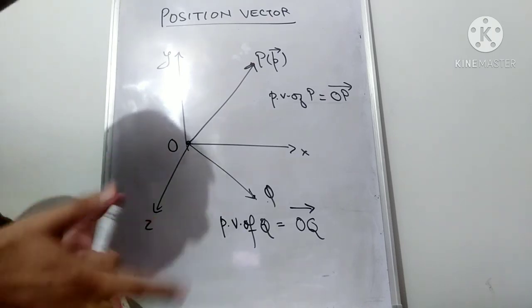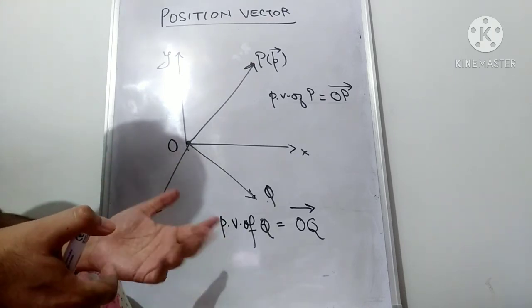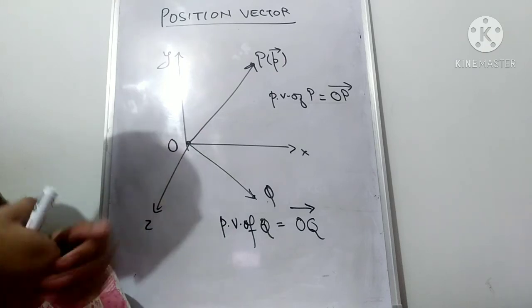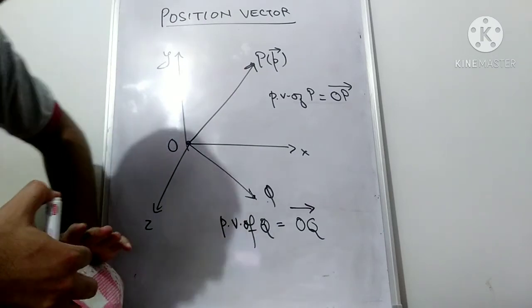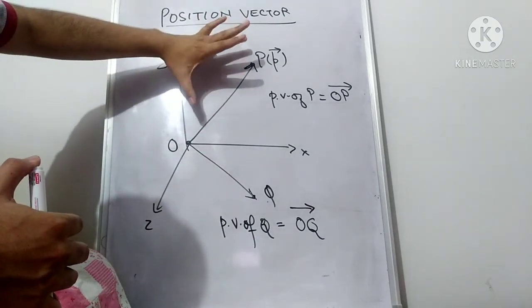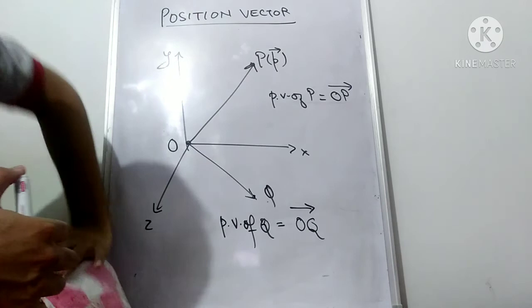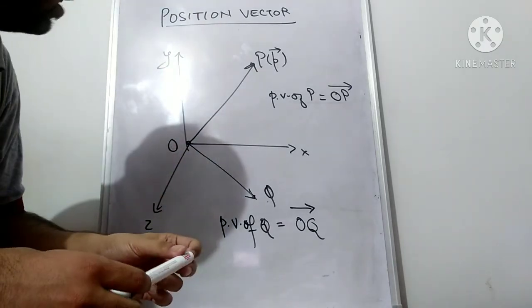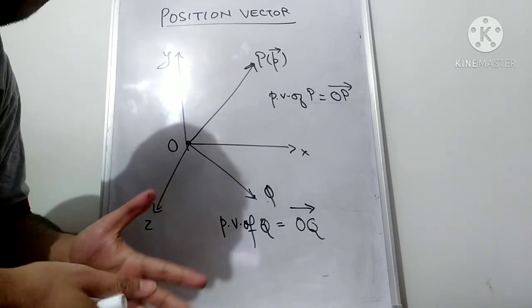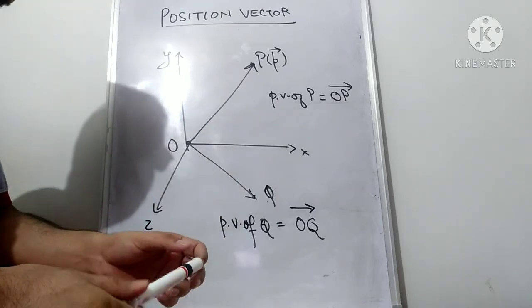We will be taking position vectors in questions also. So whenever I say position vector of any point, it means the vector formed by joining the origin to that point and pointing in the direction of the point. I think these concepts were enough for the first lecture. This was basically an introductory lecture for the vectors topic.